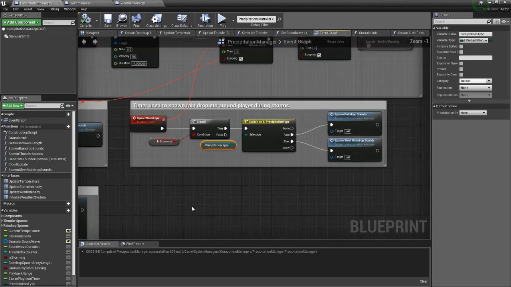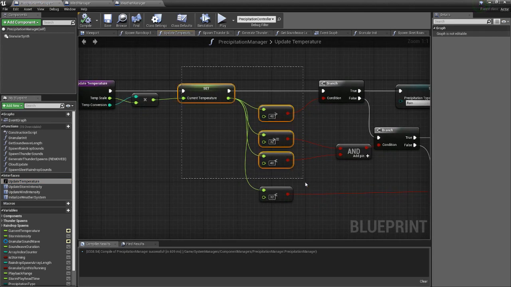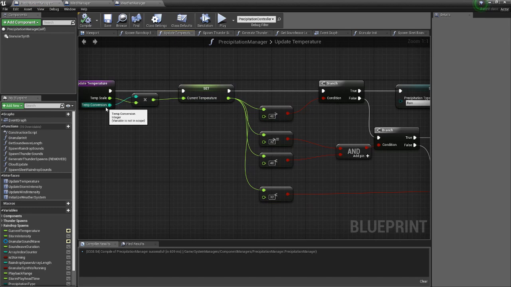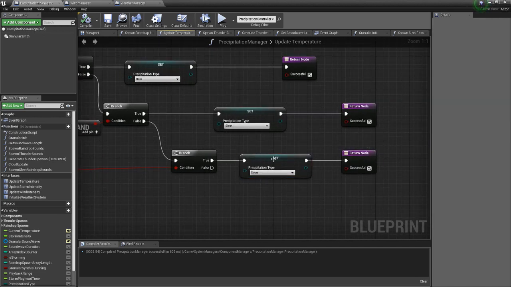So if I go back to update temperature, when the temperature changes, it checks that value. Right now I have a basic conversion to a fake Fahrenheit system. I just multiply the normalized value from 0 to 1 by 100, and that way I have a temperature system from 0 degrees Fahrenheit to 100 degrees Fahrenheit, and then I check which range it is in. If it's above 40, it's rain. If it's in between 32 and 40, it's sleet. If it's below 32, it's snow, and I just send it back,